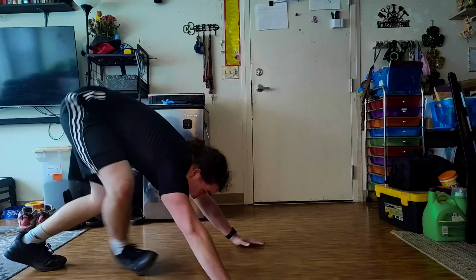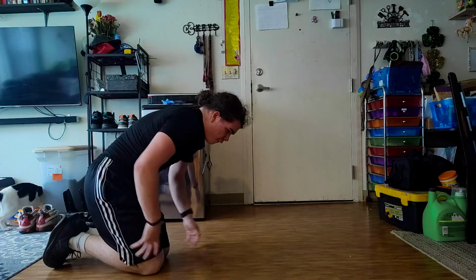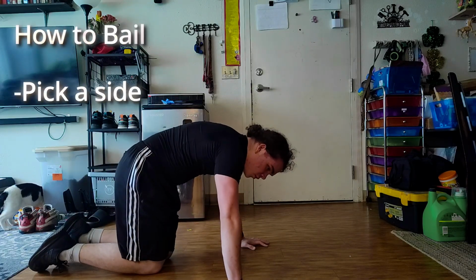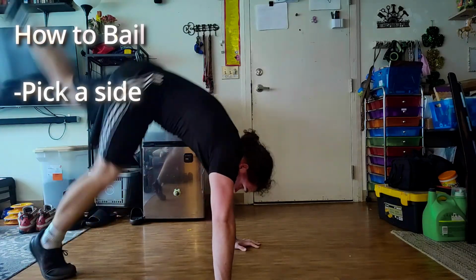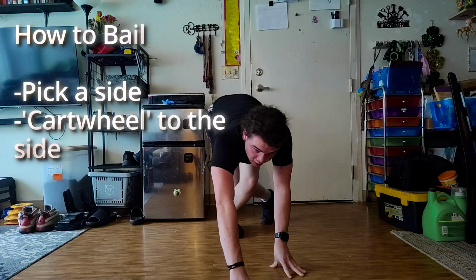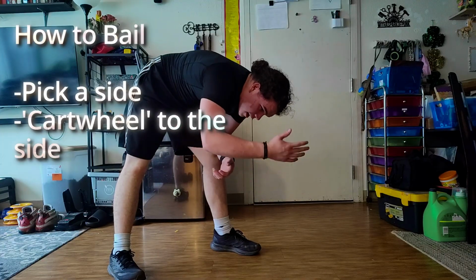Another skill, just as important, if not more important than how to kick up into the handstand, is knowing how to properly bail from a handstand. This will help you not only get over the fear of falling and the fear of being upside down, but also protect you if you do fall. First, when performing a bail, you want to pick a side to actually bail on. Most commonly, this is going to be your non-dominant side. When overbalancing, you want to cartwheel to the side so you don't fall flat on your back and severely hurt